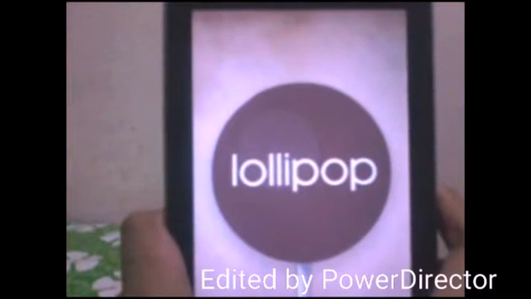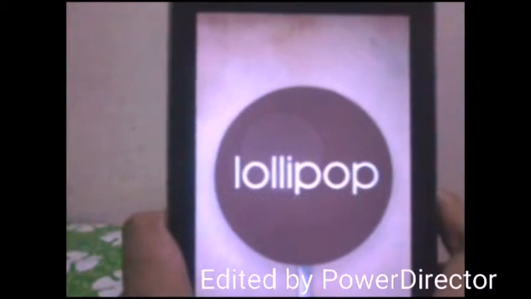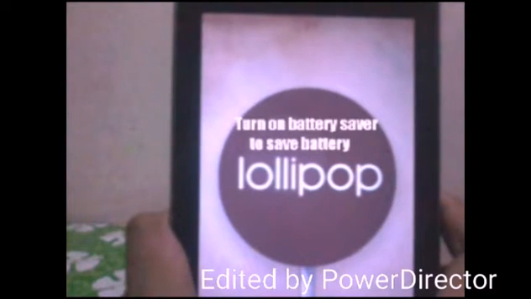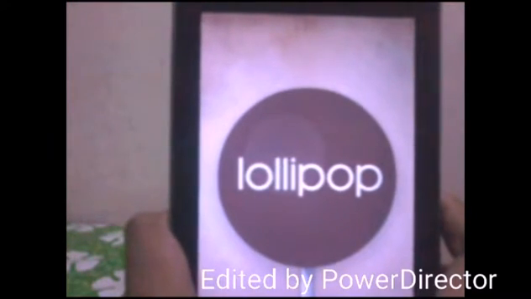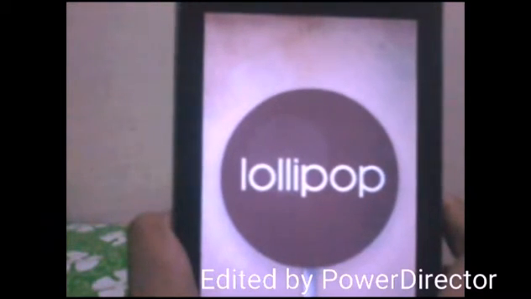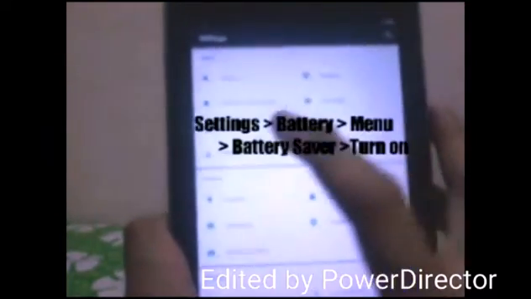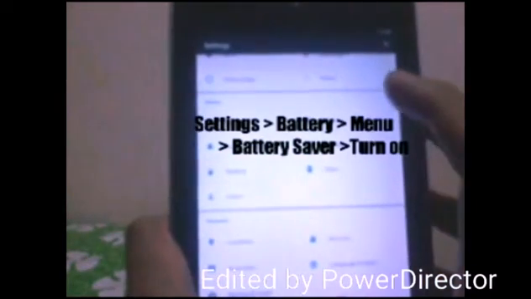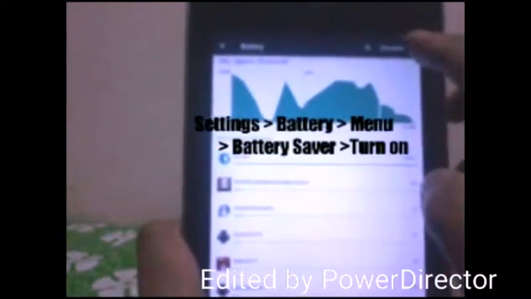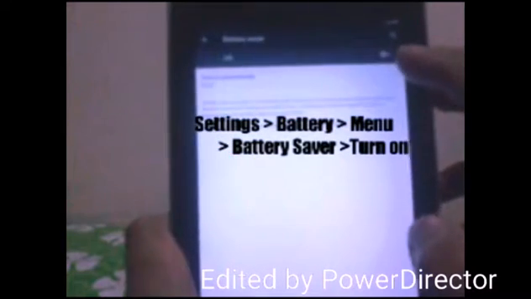Number 2 is a battery saver. This battery saver will show if your battery is 15% low. You can turn on the battery saver to save battery. The device will shut down or turn off other settings that are draining your device. But if you want to save battery and it's not 15% low, you can go to settings, then battery, then click the menu, battery saver, then turn on the battery saver. Then that's it. The device will shut down or turn off other settings that are draining